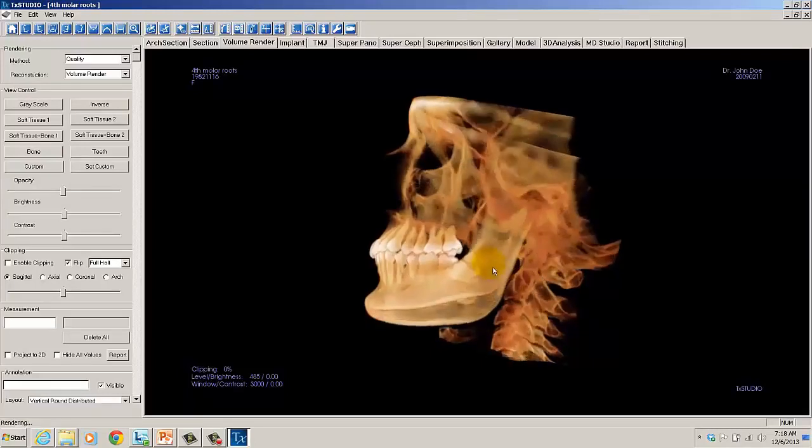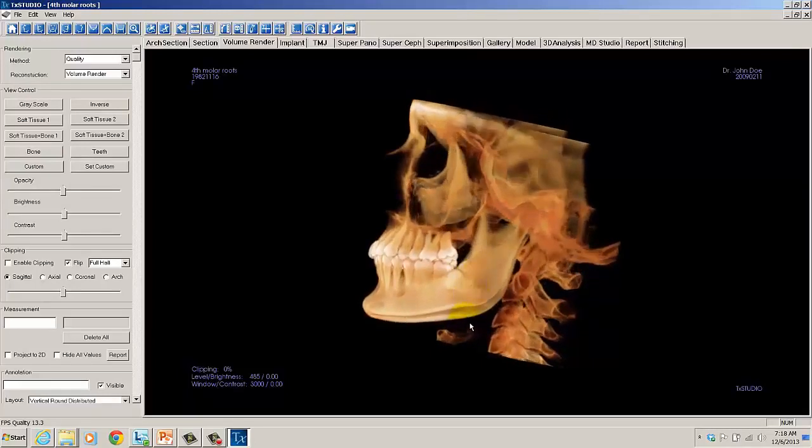Say in this instance we're looking at the opposing jaw, the opposing mandible, and we want to do measurements